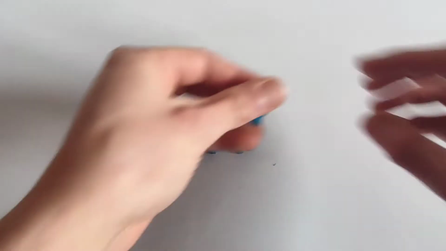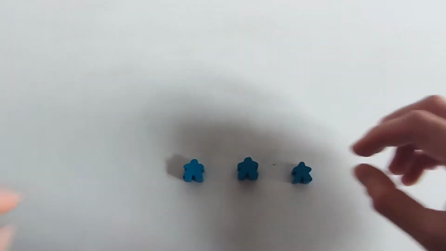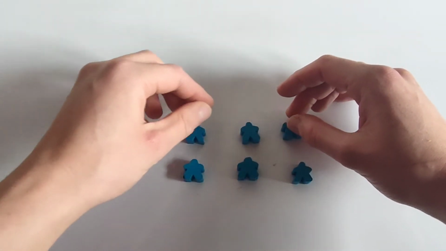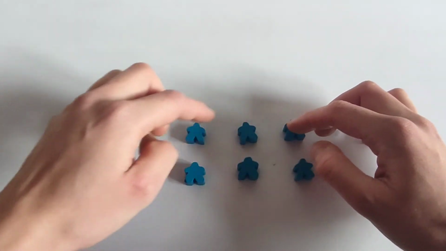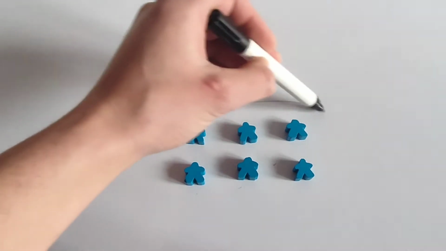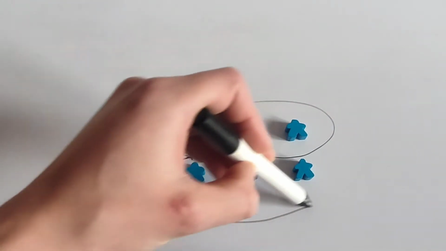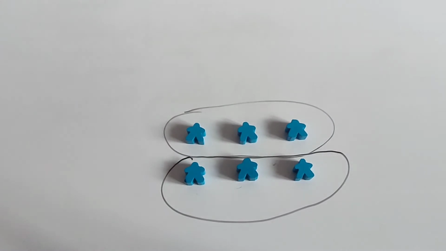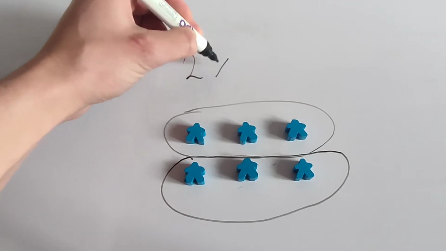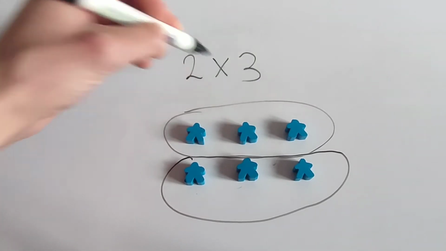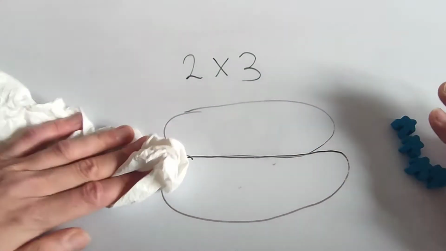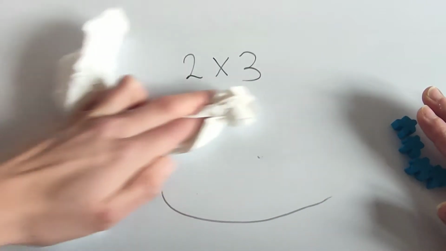Here's my little meeple. Oh, and let's put them here. Now, in this example, we can see that I have two equal groups of 3. And if I have two equal groups of 3, I can say 2 times 3. But the wonderful thing about an array, if I just get rid of this, is it also shows us